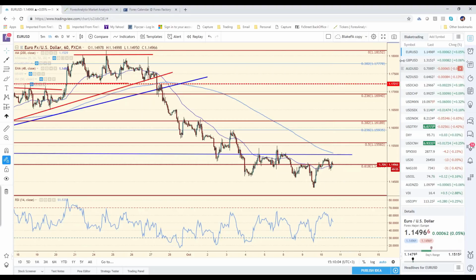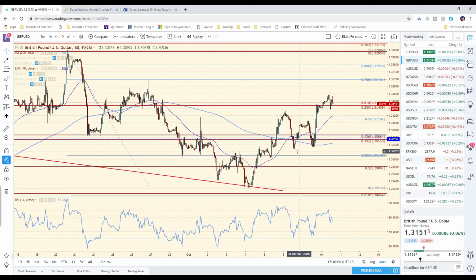The cable, on the other hand, has been holding up relatively well, and I haven't been following the news stream at all, so I don't know why the cable is outperforming the euro. I'm assuming because traders are assuming that the Brexit deal is going to get done soon. But